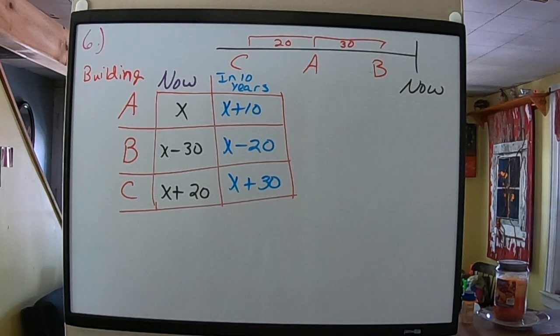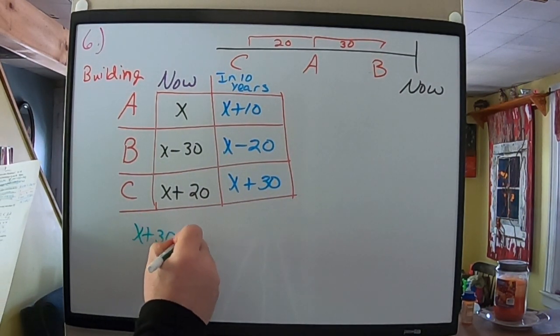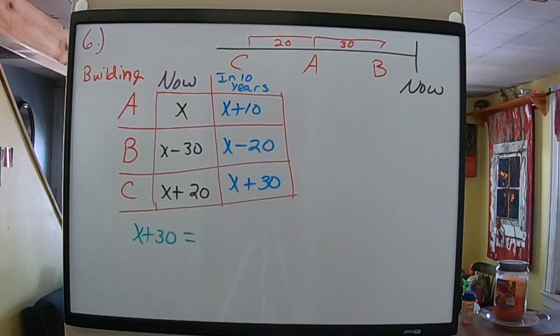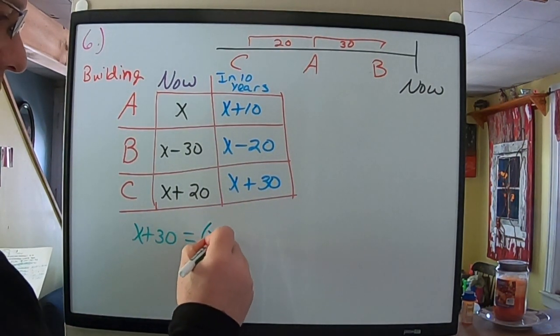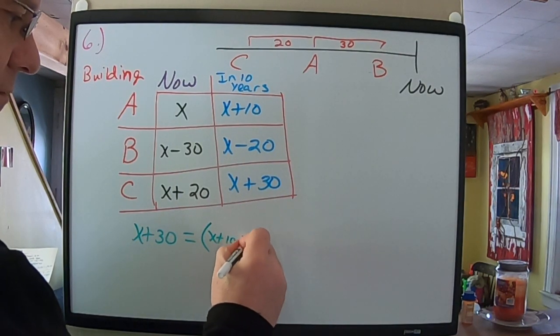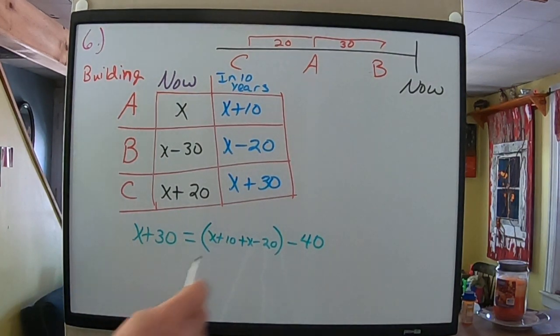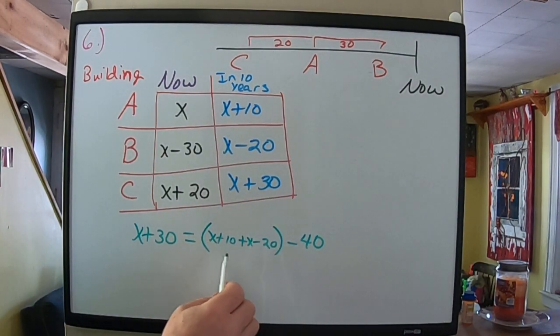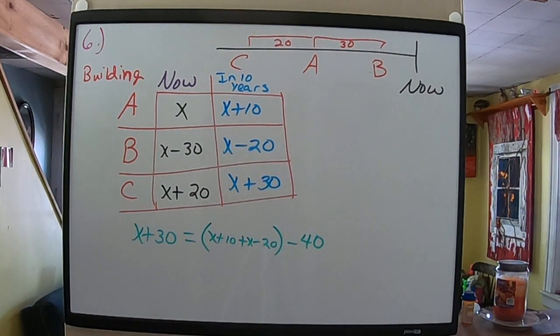Let's see. Building C is building C, so x plus 30 will be 40 years younger than the combined ages of A and B. So I'm going to combine A and B. 40 younger than. So I have to take 40 away from A and B because those two are older than C by 40 years, so I have to take it away. Now I have to solve that equation,